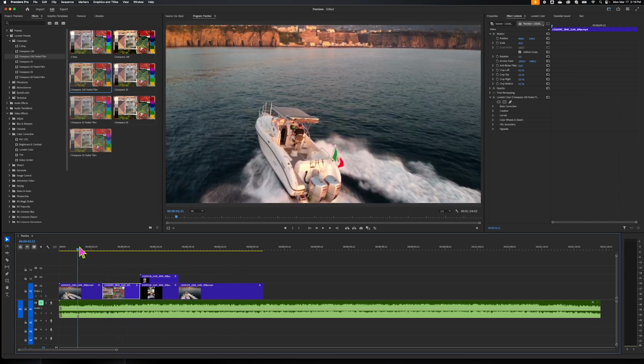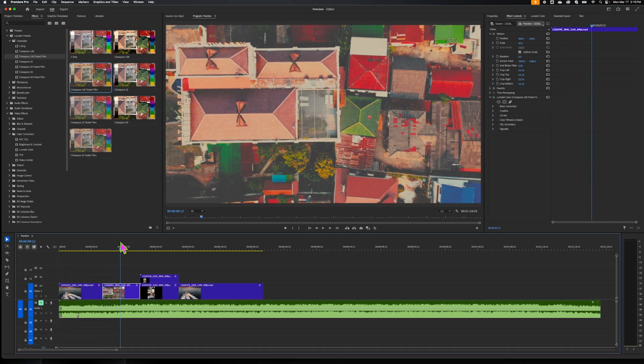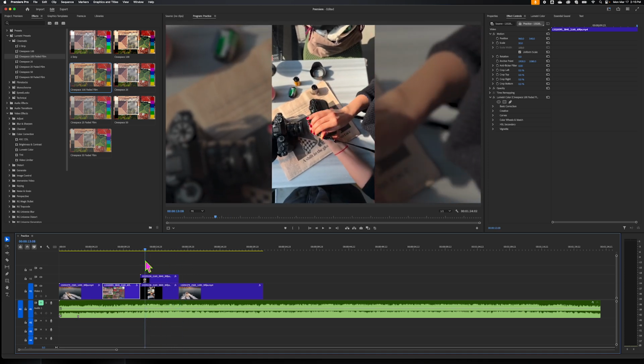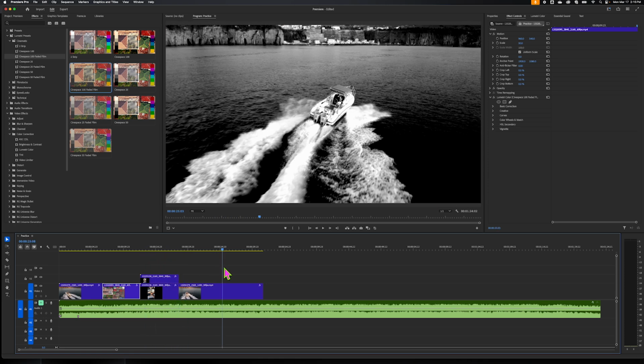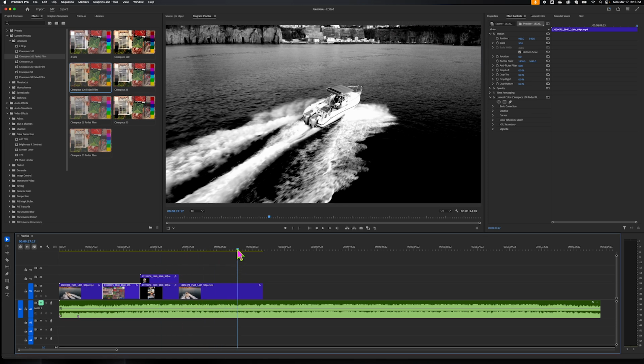So now we've got a couple of effects going on. Our first clip is as is, which is fine. This has a vintage effect, which you can see right here, has been added in the effect controls panel. We used our vertical footage and blew it out a little bit, gave it an aesthetic background there, but keeping the footage as the focal point, and then our black and white